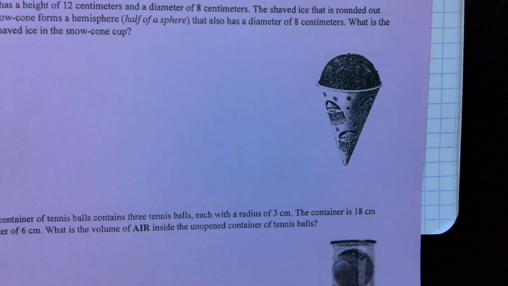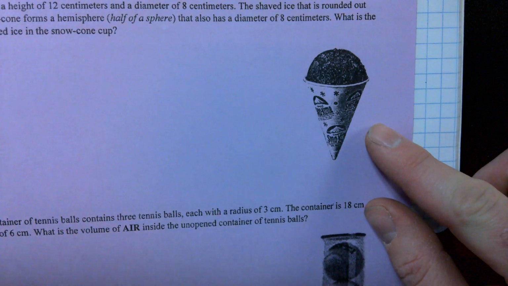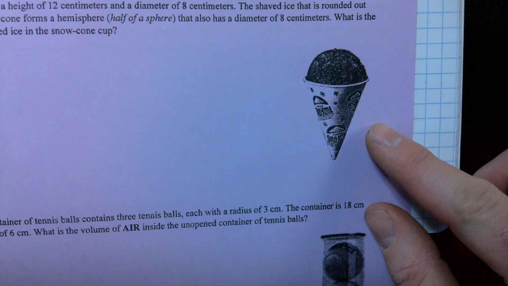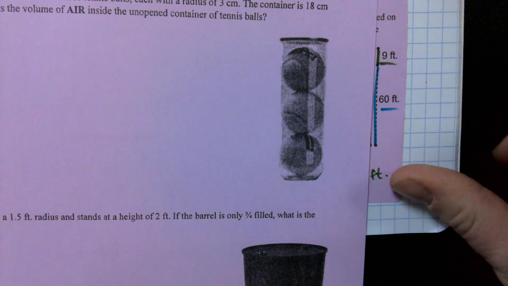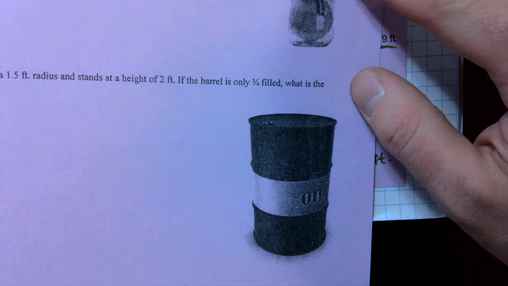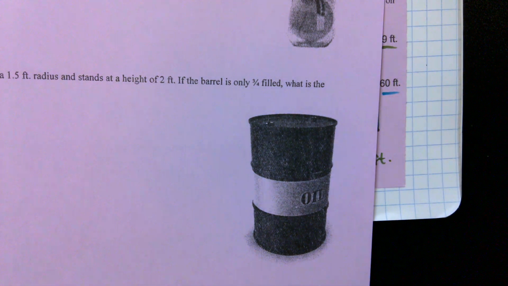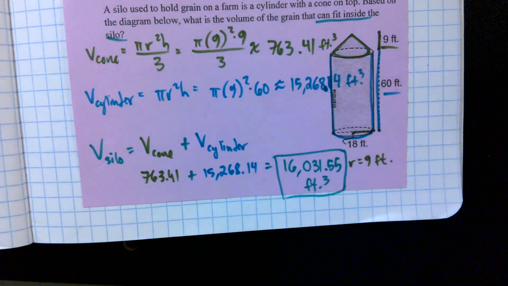On the back, you'll see there's 2 shapes, right? What 2 shapes do you see on this snow cone? A sphere on the top and a cone on the bottom. What about this thing of tennis balls here? What do you see there? Spheres and a cylinder. What about this drum of oil? Just a cylinder, right? But you'll see that one's kind of like the first example that we did. All right? So again,